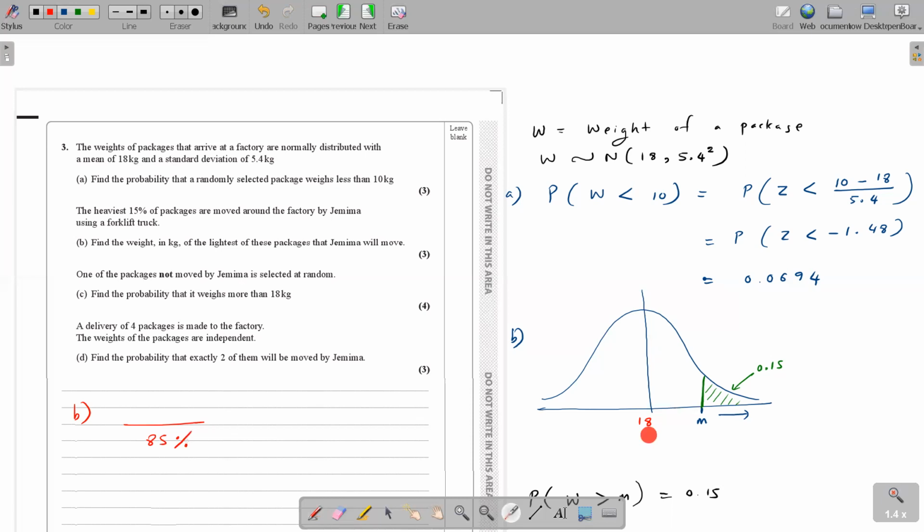So I think you can see 18 is the mean, right? So more than 18 means you want this area, right? So how much is that area? Now how much is this area? 0.85 minus 0.5. Either you can do 50%, subtract 15%, because you know this is 50%. From 50%, half of the area, you can subtract the 15%. Or as you said, Aditya, we can do 85%, subtract 50%. From 85 also, you can subtract 15. Anything is correct.